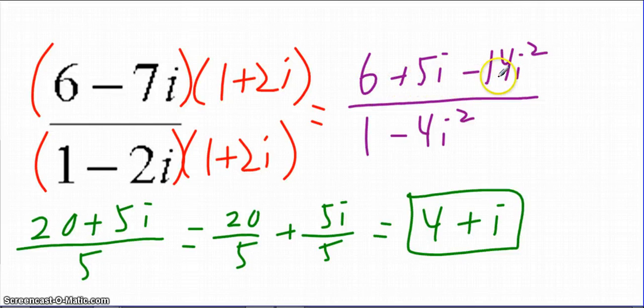Okay, so if I multiply the top and the bottom by the conjugate of the denominator, I end up with 6 plus 5i minus 14i squared. Remember, i squared is negative 1, so this becomes a positive 14. That's how I got the 20 up here, because I did 6 plus 14. In the denominator, 1 minus 4i squared becomes a positive 4,